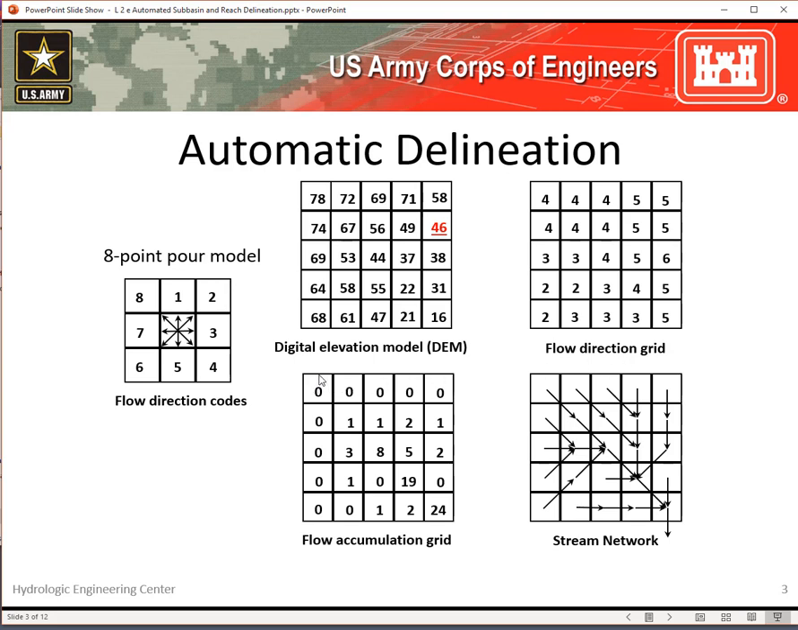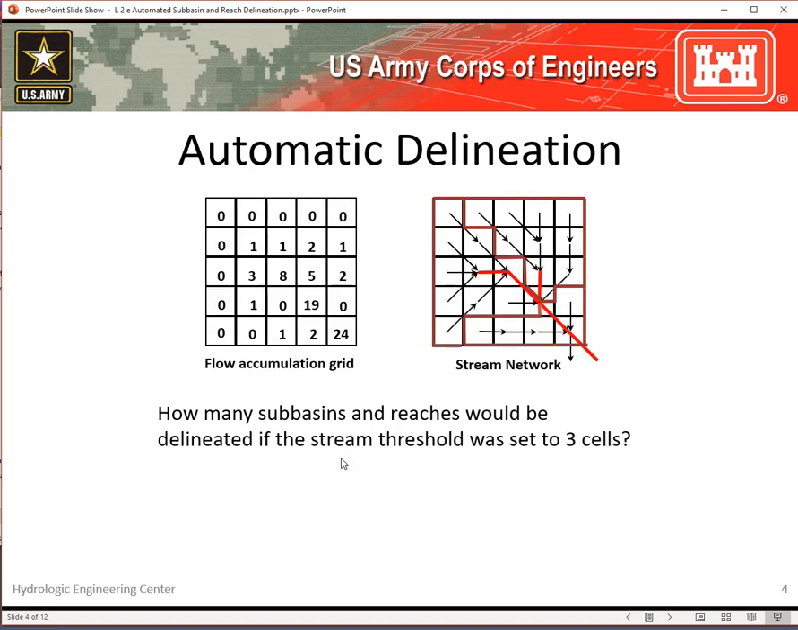All right. So if you make it this far, then you really have the basis for delineating a watershed network based on this model, this approach, this automated approach. And for the stream threshold, let me jump to the next slide. So we have that flow accumulation grid that we just talked about. If we determine streams based on a threshold of at least 3 upstream grid cells, then the stream would start